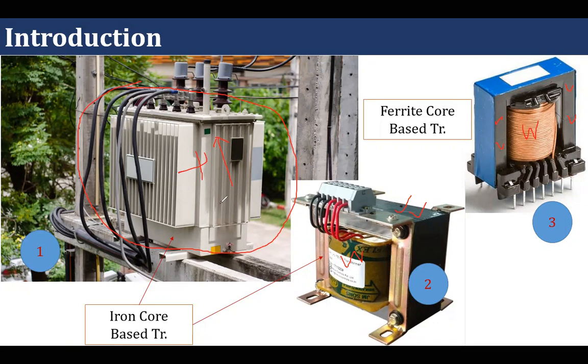This loss happens in the form of heat, and air is not sufficient to cool, so we have to dip such a transformer into some other cooling arrangement. Here it is dipped into oil, and that's why we are able to see only the outer box. Within this box we have the iron core, and then we have winding on that core.